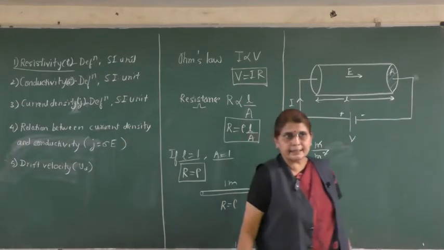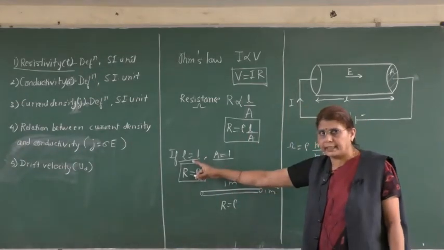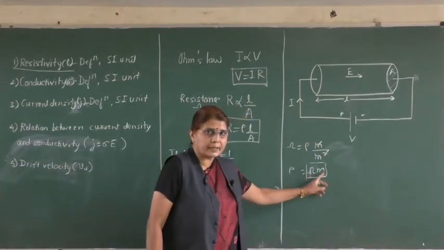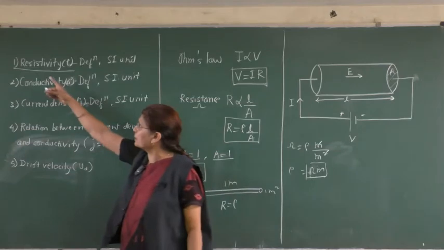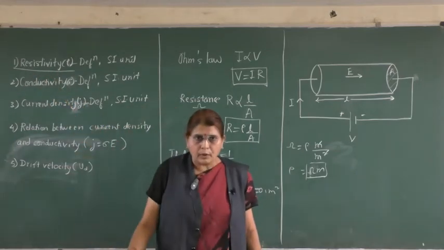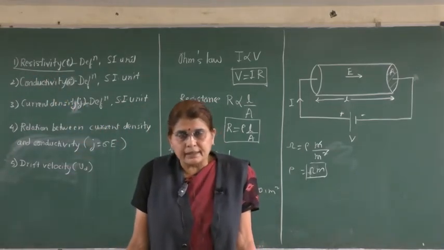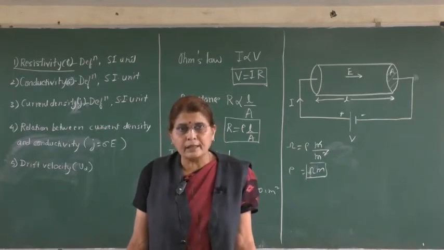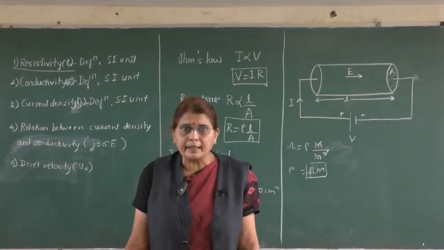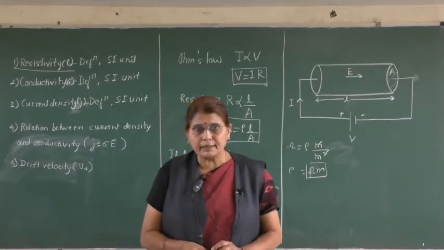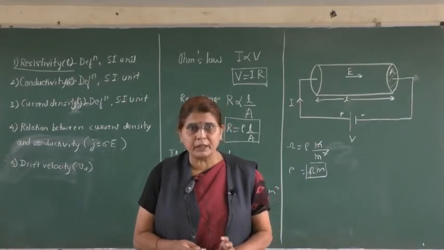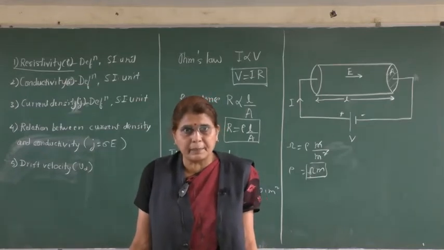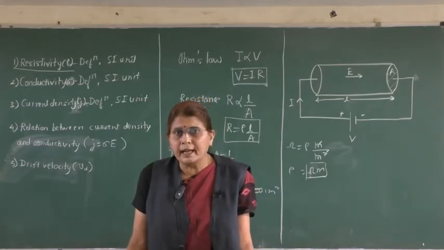Definition goes like this. It is the resistance of a conductor of unit length and unit area of cross section, and the SI unit of which is ohm meter. So this is the first point we were supposed to do today, resistivity. So in the lab you use resistors. These resistors are usually made up of alloys like constantan, manganese, nichrome, and all these alloys have low resistivity value, about 10 raised to minus 8 to 10 raised to minus 6 ohm meter, and the resistivity also does not change much with temperature. Such materials are used to make resistors.